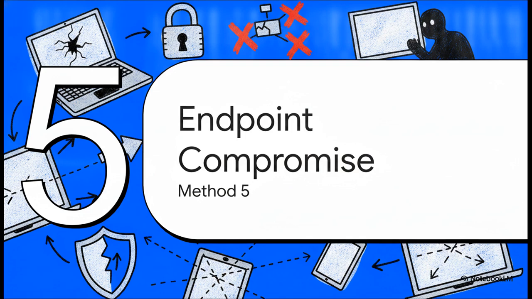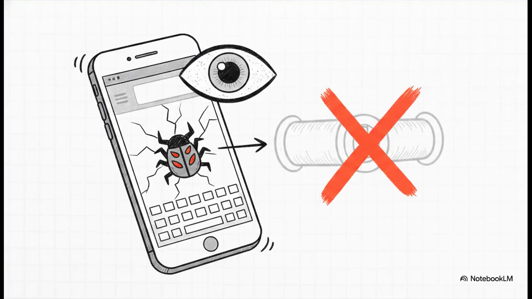And finally, Method 5. Endpoint compromise. This one skips the whole network puzzle and goes straight for the jugular, the physical machine you're actually typing on. If your laptop or phone gets hit with malware, a zero-day exploit, or someone just physically tampers with it, your VPN becomes completely irrelevant. The adversary is reading your keystrokes and watching your screen before anything even gets encrypted. We love geeking out over complex cryptography, but if we're being honest, endpoint compromise is exactly how a lot of high-profile law enforcement cases are actually cracked in the real world. All right,